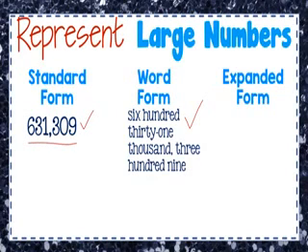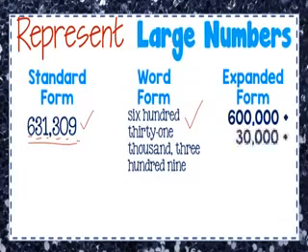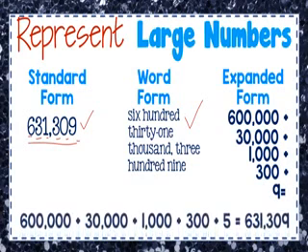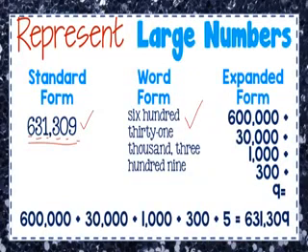Now this number 631,309. We are going to show the value of each digit in this. 6 is at the 100,000th place, so this is 600,000. 3 is 30,000. 1 is at the 1,000th place, 300, no tens, and 9 ones. So just add up all these numbers, you get the number